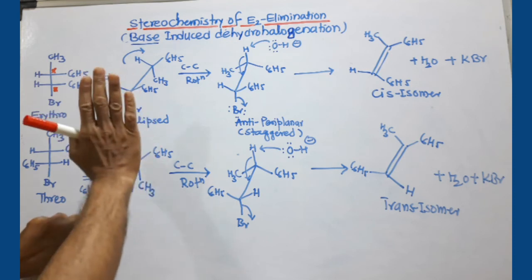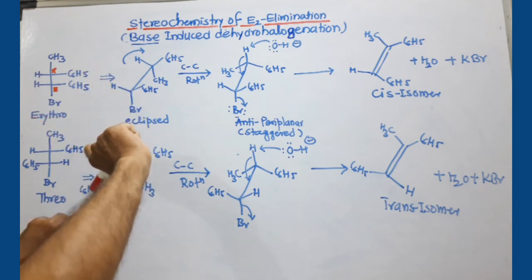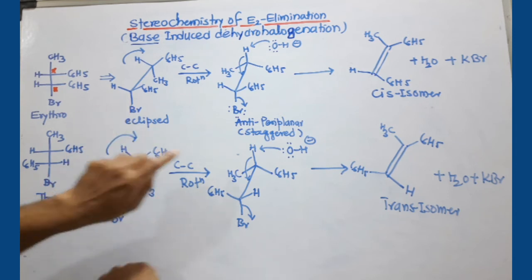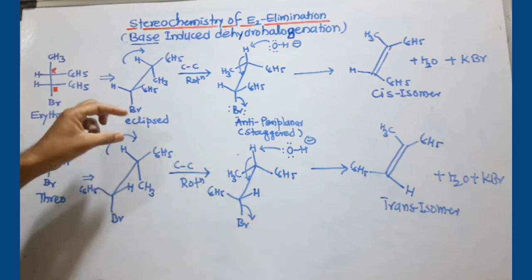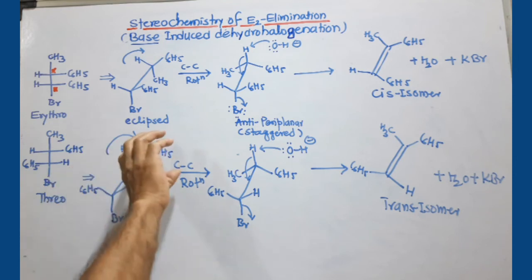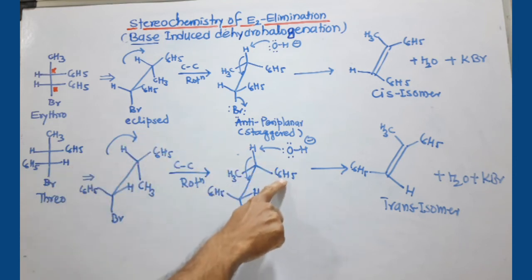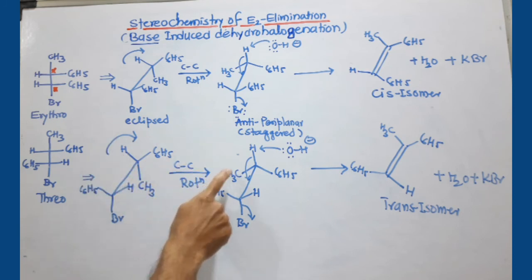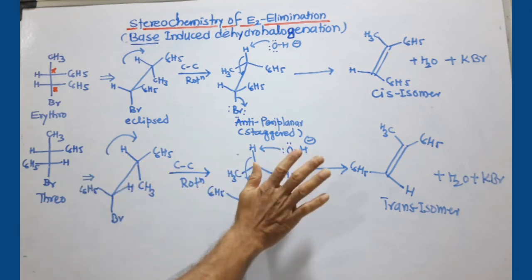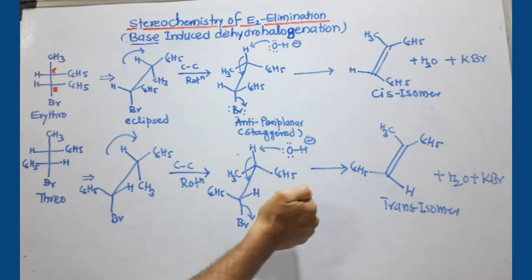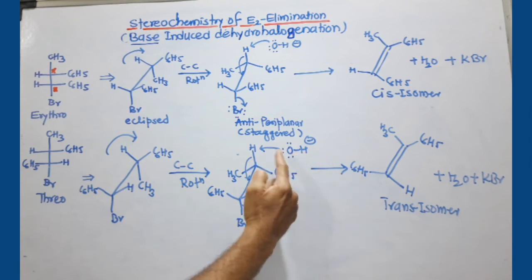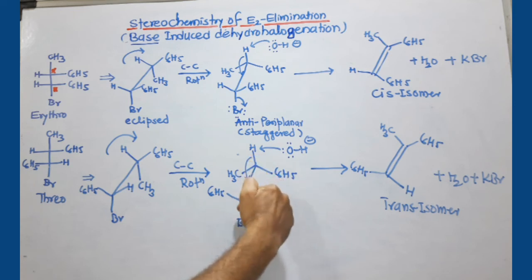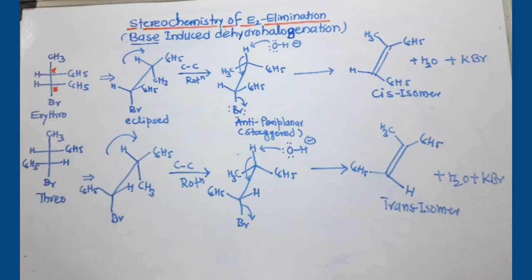I need H at the top position, so I need to rotate this carbon in this direction through a certain angle. So H will go there, and I'm moving clockwise. So C6H5 will go in this direction, C6H5 coming here and CH3 going here. That's because of this CH3 is here. Now OH is doing its work. Dehydrohalogenation is now taking place, and OH is removing this proton. I put this pi bond here in between alpha and beta, and I'll remove this Br simultaneously.